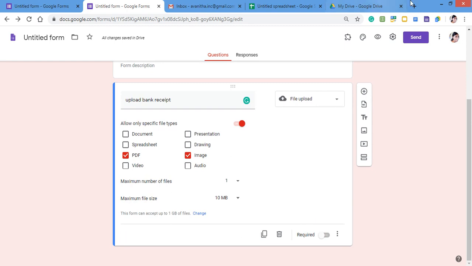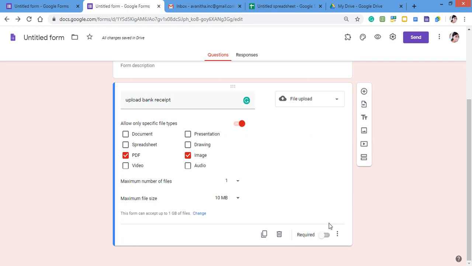Now you can come across this particular toggle which shows Required. This option is given in the question box of any Google form.